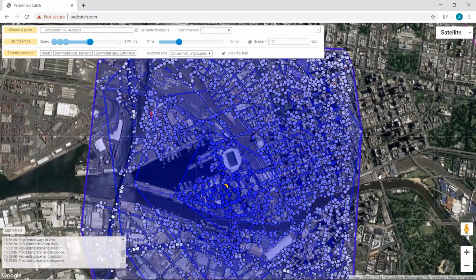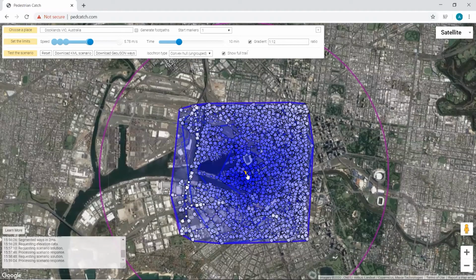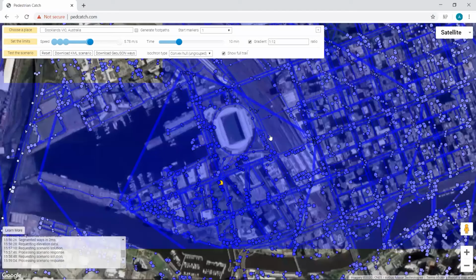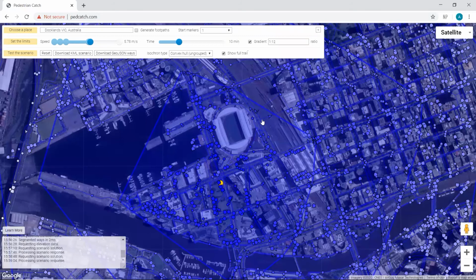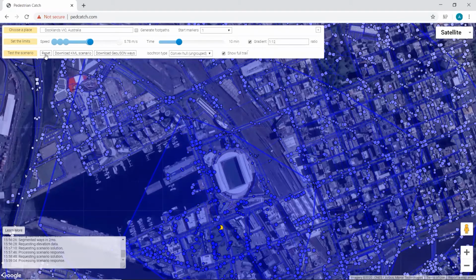Once the scenario has finished testing, we can see that our streets have been utilized when testing this scenario, from the fact that our trail icons have gone along the altered streets and the new street. If you want to test this once again, we can click reset,